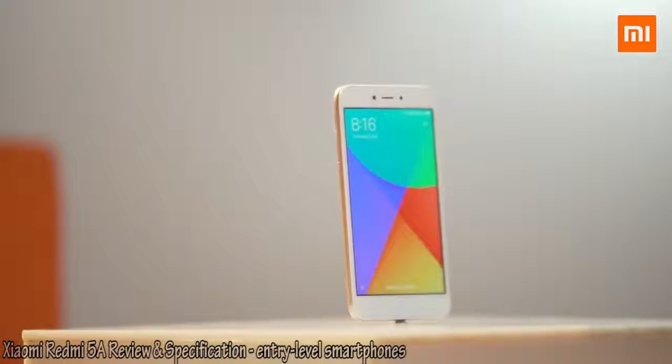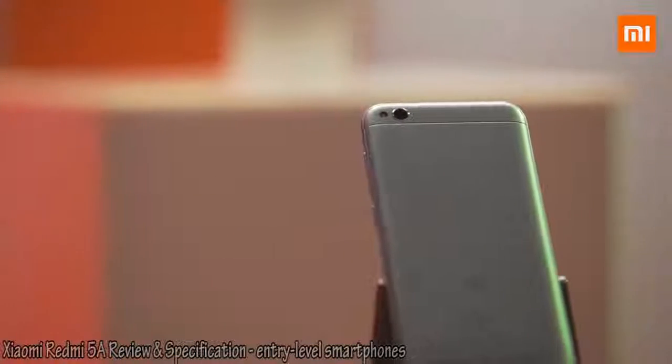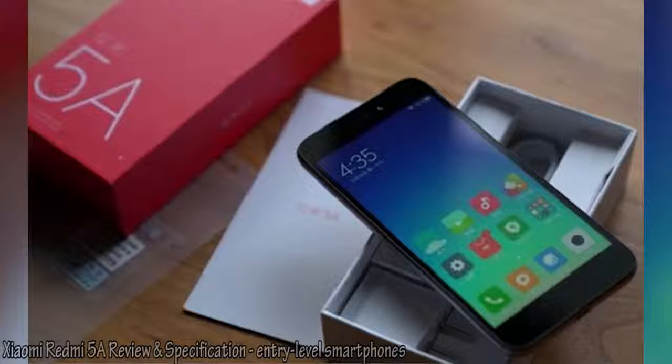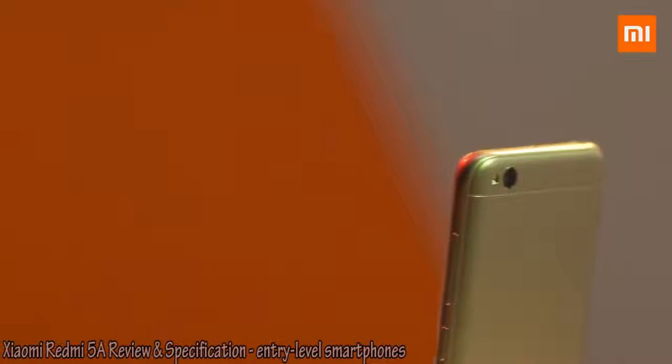Verdict and price in India. The Xiaomi Redmi 5A is a steal at its introductory price tag of Rs 4,999 for the first 5 million buyers. The regular price is Rs 5,999. Its predecessor, which was a true value for money purchase with a price tag of Rs 5,999,